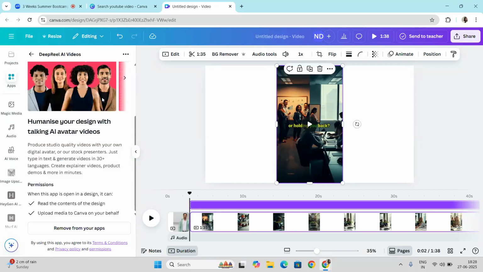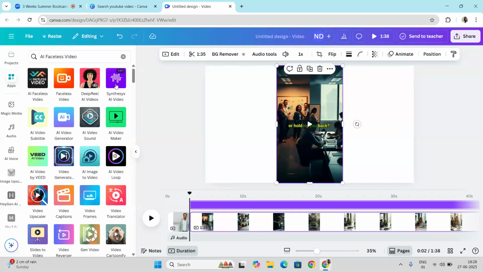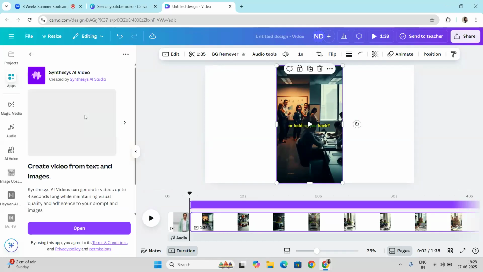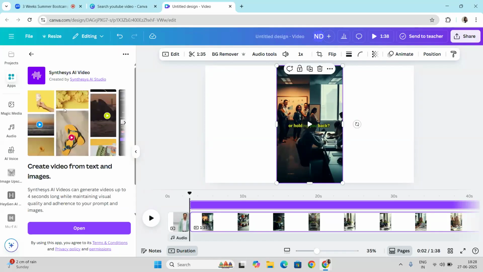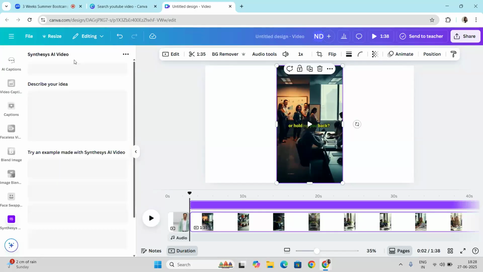Deep reel AI videos, it's been removed by the admin or something, so I can't use this. Then we have Synthesia. So this is something where you just need to write a keyword in the app section. A lot of videos will be there, from video, create video from text and images. So this is something that can also be created by Synthesia AI video.